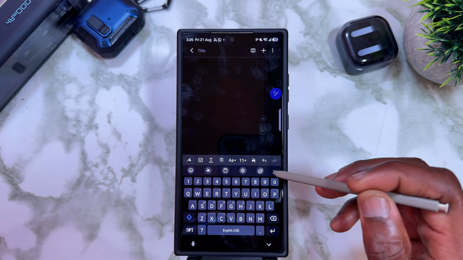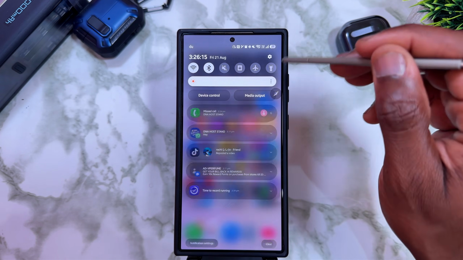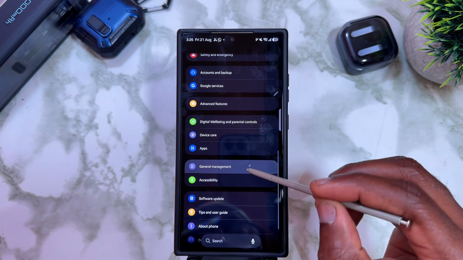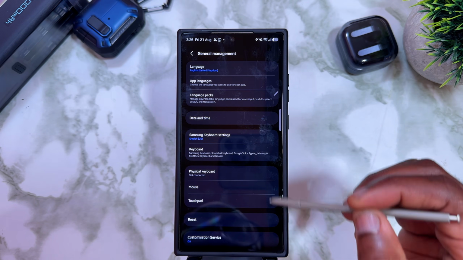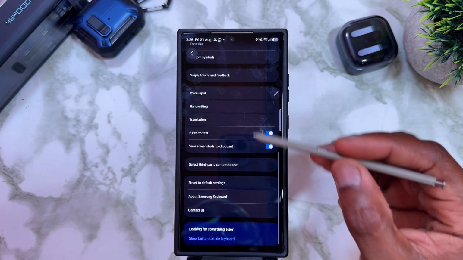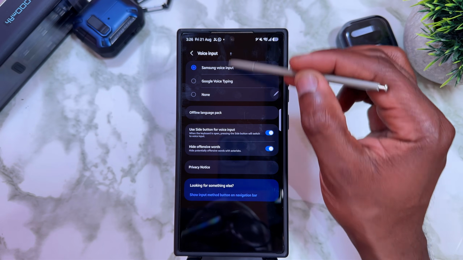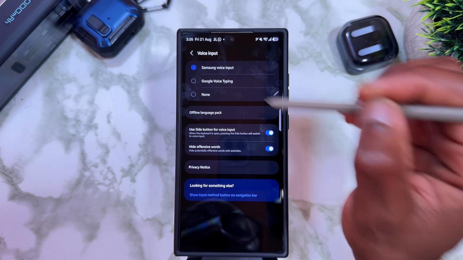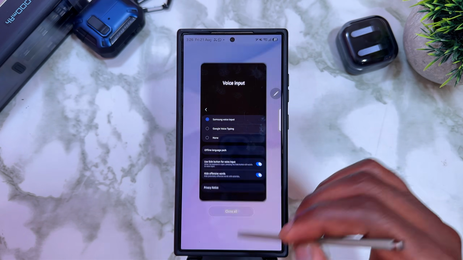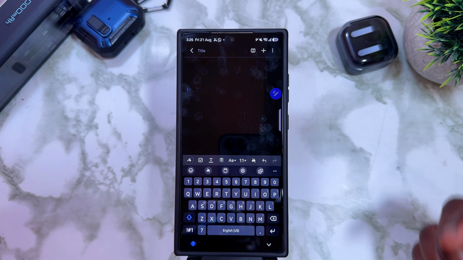So what you can do here is you go into settings in your Samsung keyboard. But let's look at how to go into it from anywhere. So you go into settings, and once in settings, you're going to scroll all the way down till you get to general management. And in here, you're going to come to Samsung keyboard settings. Then scroll down till you get to voice input, and then have one of them selected. Once you selected whichever one you want, in this case, Samsung voice input, then it will be set to be at that bottom. So that if I come into any space like this, and then I tap on this,